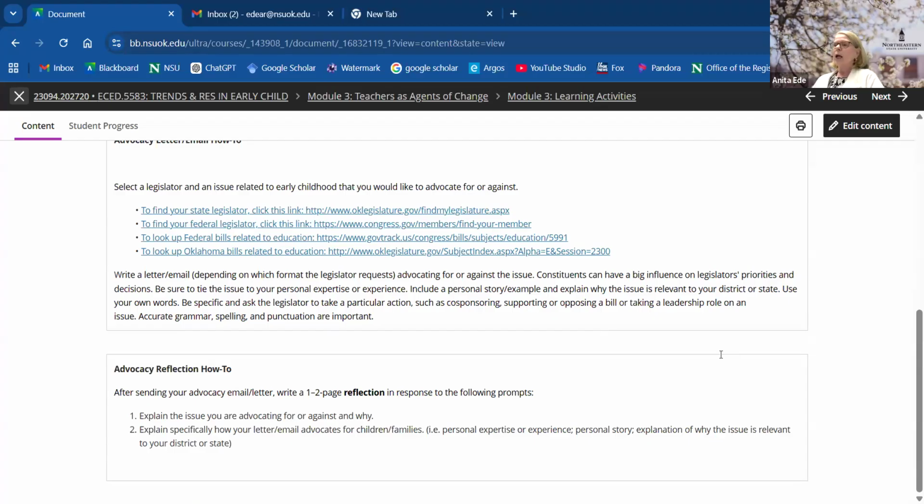Why do you care? Explain specifically how your letter or email advocates for children, families, personal expertise, experience, what makes you qualified to even judge. So there you go. Be an advocate, and you're going to submit your reflection as well.